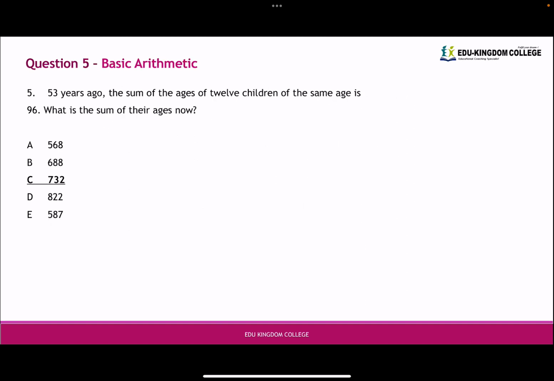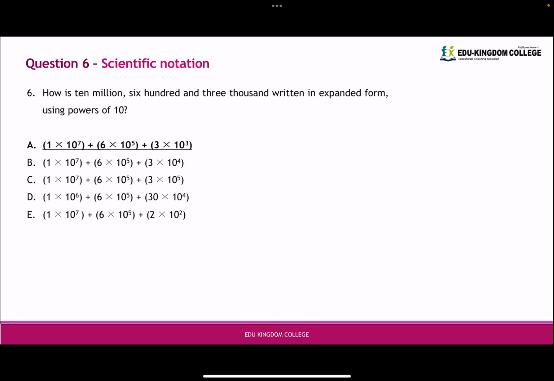Question 5. 53 years ago, the sum of ages of 12 different children was 96. So 96 divided by 12 is going to be 8. So 12 children were 8 53 years ago, meaning there were 61 now. There's still 12 of them, luckily. And so when we multiply that, we should get 2, 12, 1, 6. So we should get 732 now. All right,